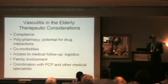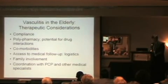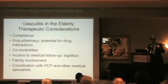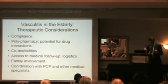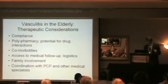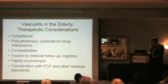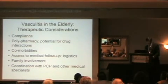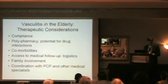You know, people coming in or even getting to a commercial lab locally, and I have to think about that if I'm on the fence between maybe giving them rituximab or cyclophosphamide as I treat them, the fact that it'll be hard to get blood counts every other week, and that's more of an issue often in the elderly patient. Family involvement is a huge deal, and that's often a positive, but it can sometimes be a negative when you're